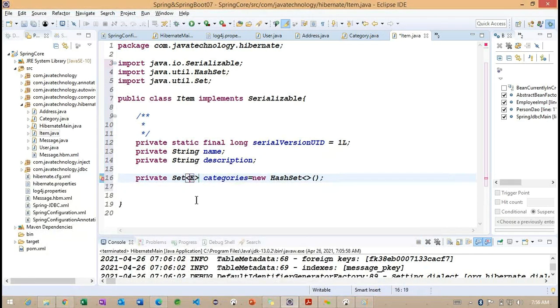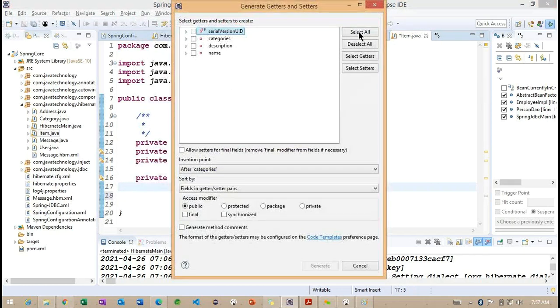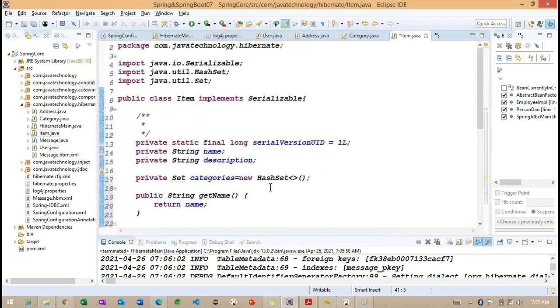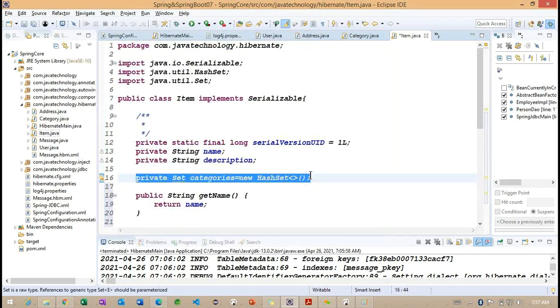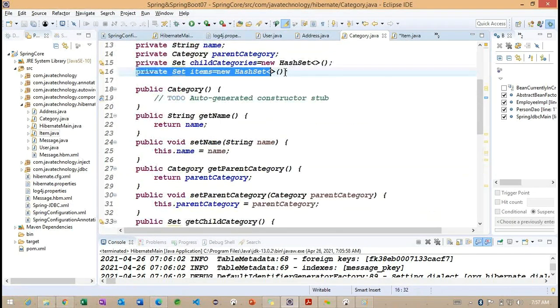Right. Basically, the set is going to provide some duplicate-handling behavior, so that we don't want to provide duplicate information multiple times. Even if you specify it here, internally the duplicate records are going to be ignored. So these are about the set category. Let me generate the setters and getters. Categories, description and name. Observe that here we are working with the category, and in the same way in the categories we specified items. So this is about the many-to-many association we are working with here.